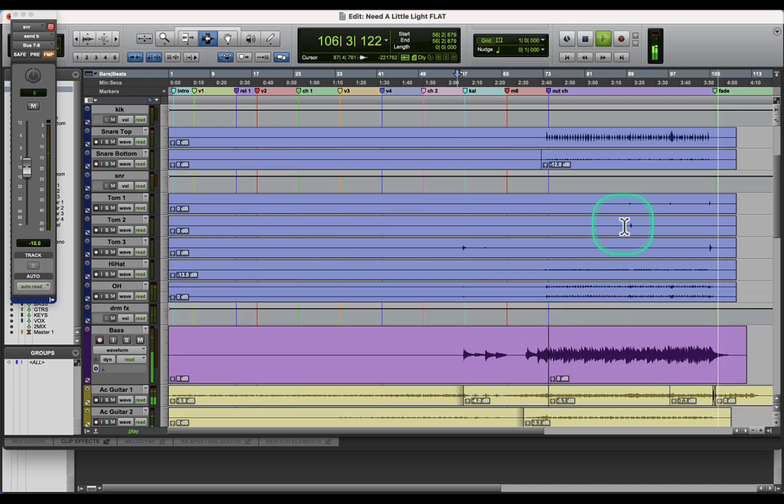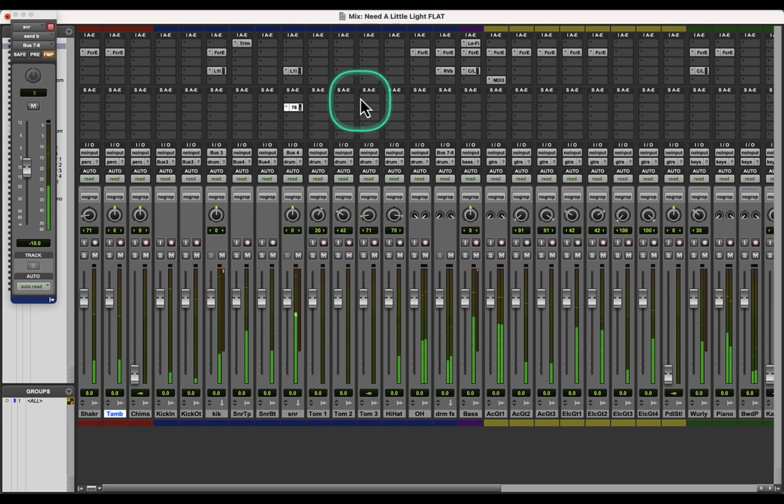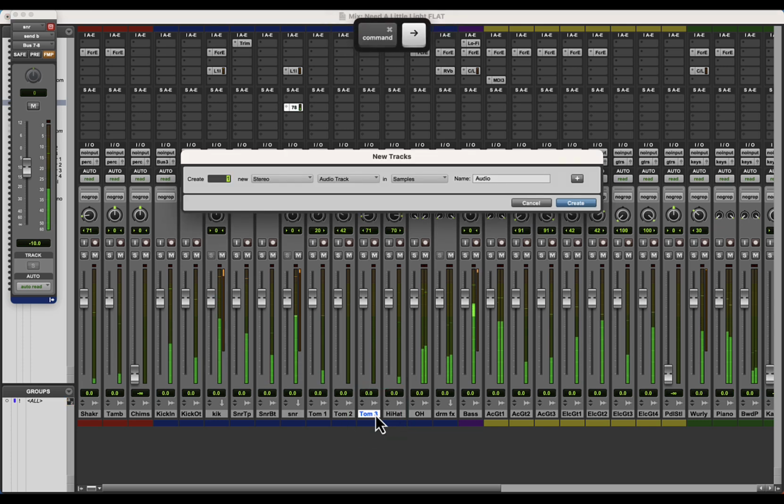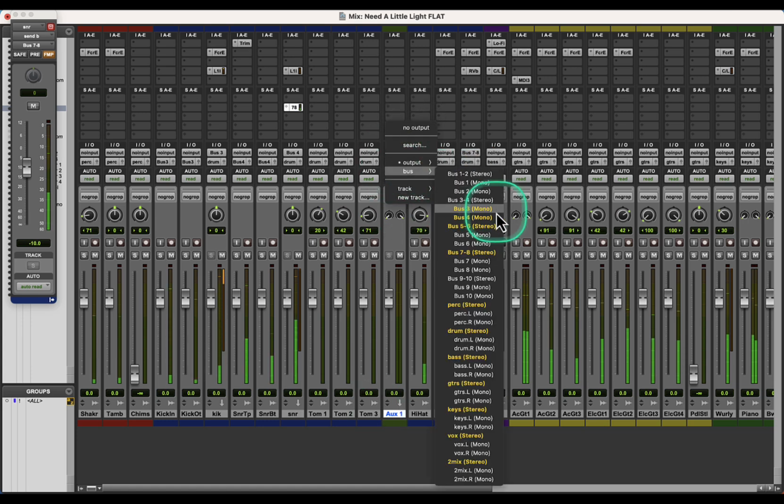So where do we go from here? While we're working on the drums, we need to work on the toms. There are 3 toms here, 2 rack toms and a floor tom. Tom 1 and 2 are the high and mid, and then tom 3 is the low, the floor tom. So I have panned those just right, just left, far left. Again, kind of opposite of the